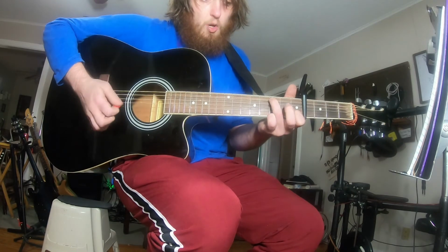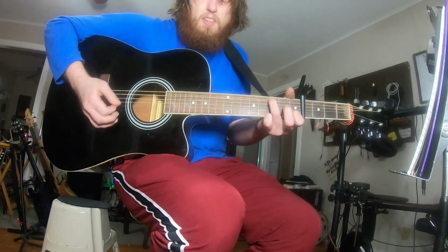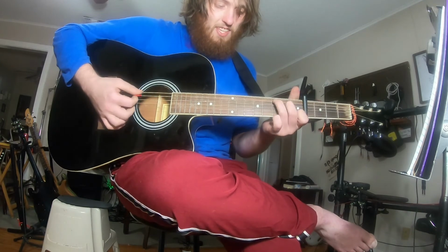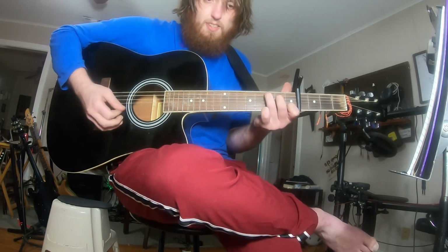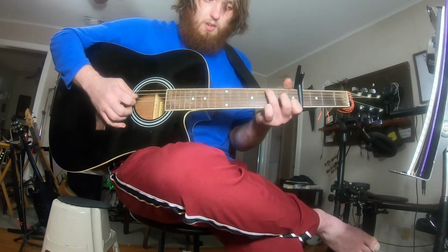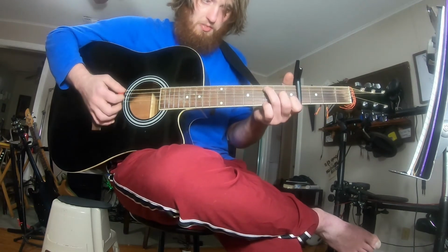It's cool to do those kind of open hammer-ons and pull-offs while you're strumming a chord. Like, just sounds really cool. So he just kind of does different things every time. Be creative with any kind of combination of the open D string and the open G and the second fret, and just combine hammer-ons and pull-offs in any combo you want, as long as you get the